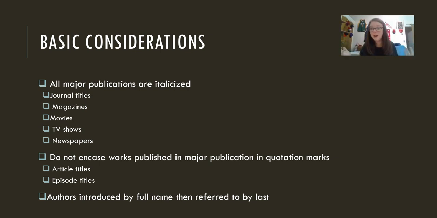It could be the second to last paragraph. You still include the full name, and then any reference to that author and their work, you just go by last